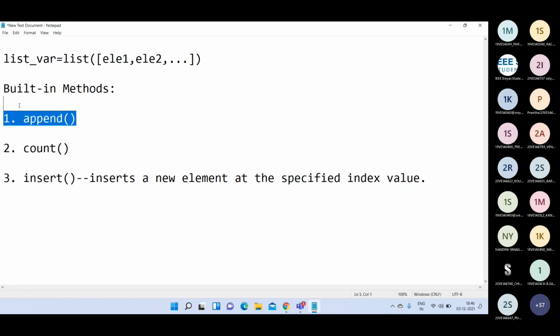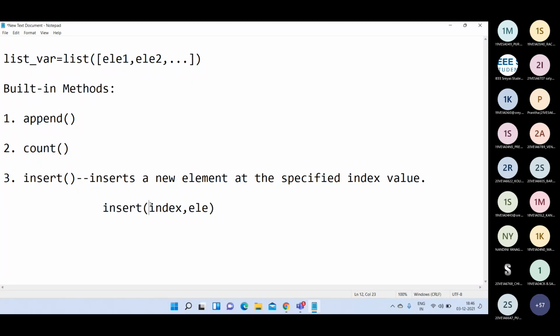Otherwise, if you want to insert a new element at the specified index value, then you have to use this insert function. So the syntax of this insert function is insert of index comma element.